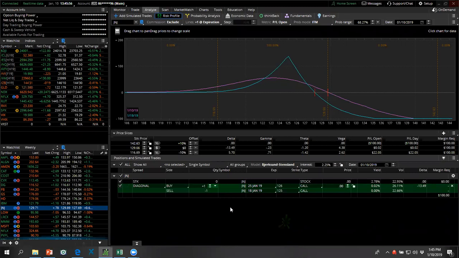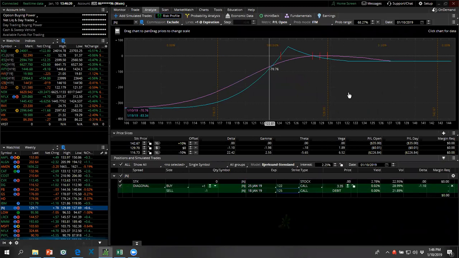Now, I haven't talked about diagonals much. There's a lot of people that trade them as their own trade. I have not done that much. I have used it as adjustments at various times. But the idea of a call diagonal can look like this if the strike's higher. If the long strike is lower, it kind of flips it, and it can look like this, which becomes more of a bearish strategy than a bullish strategy, because it makes its money to the upside.